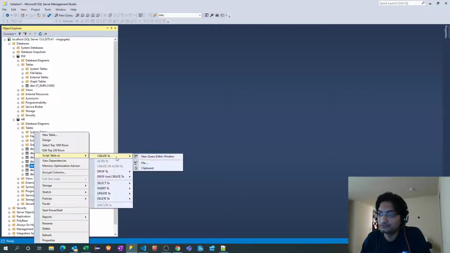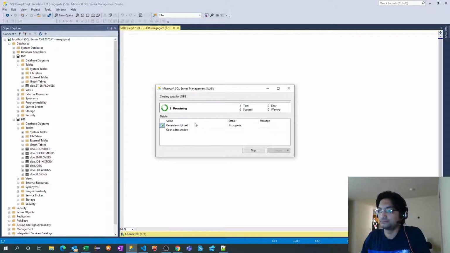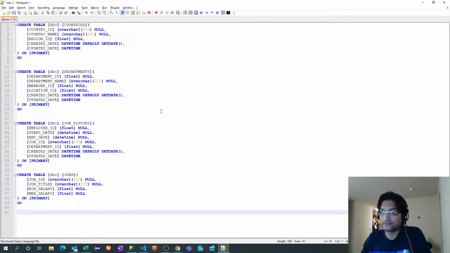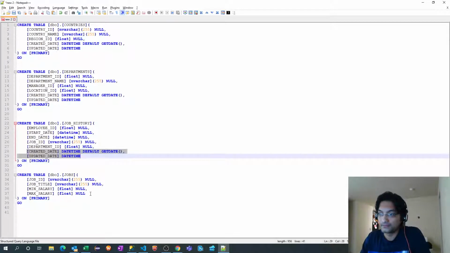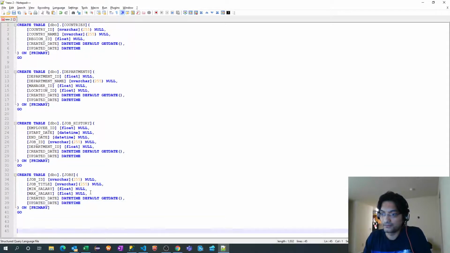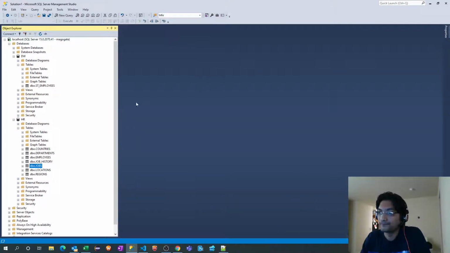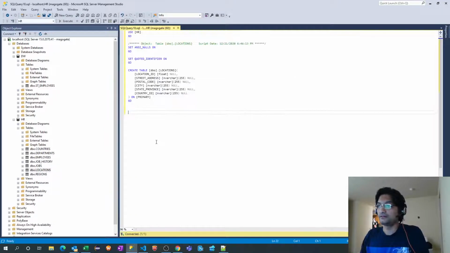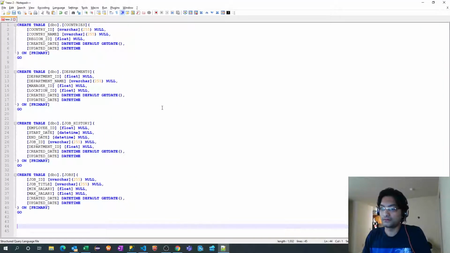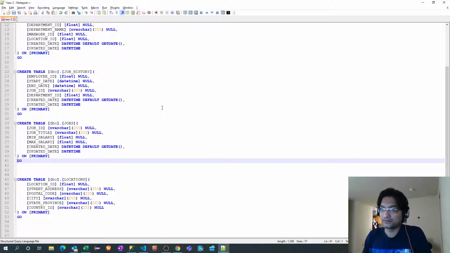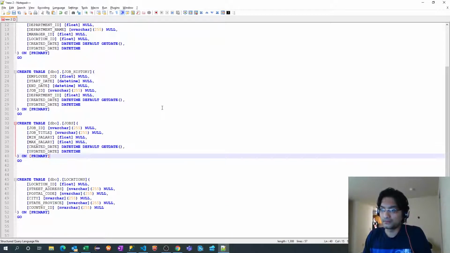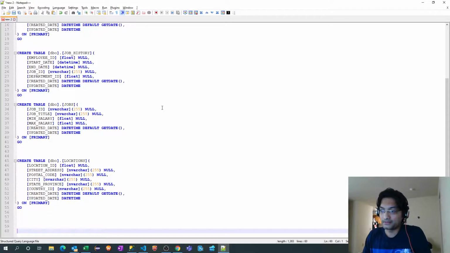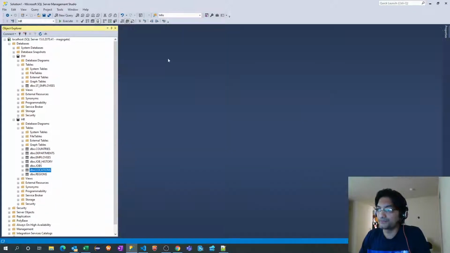Then jobs, locations, and the final table is regions.